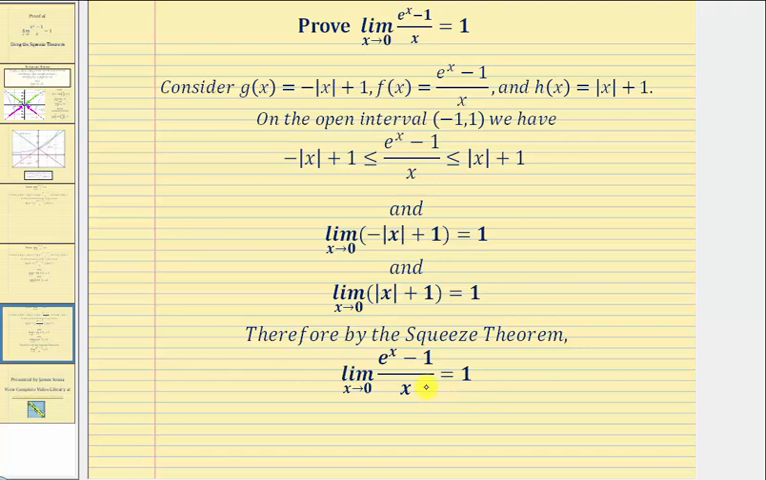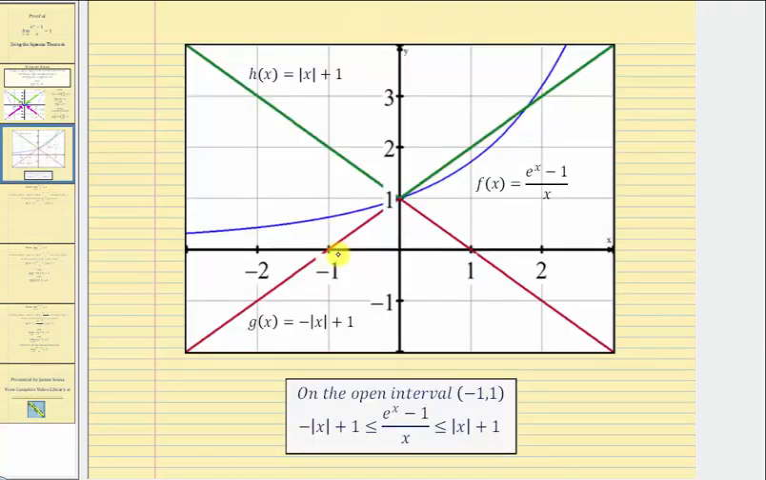So we do have our proof, but let's go back and look at this graphically again. The Squeeze theorem is satisfied on the open interval from negative 1 to 1, and because the limit as x approaches 0 of this bottom function equals 1, and the limit as x approaches 0 of this top function equals 1, it follows the limit as x approaches 0 of e to the x minus 1 divided by x